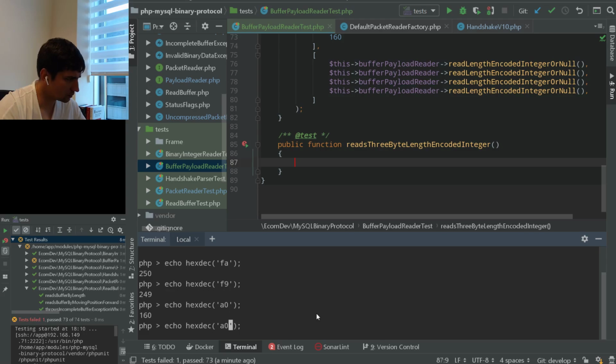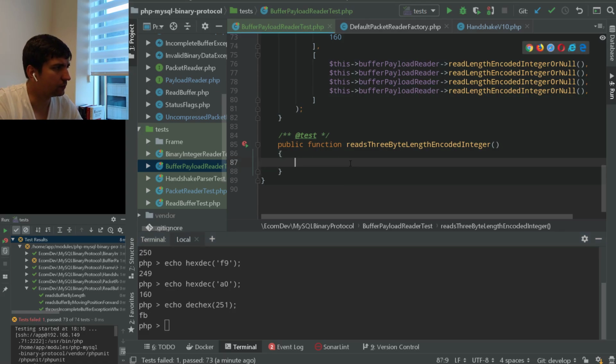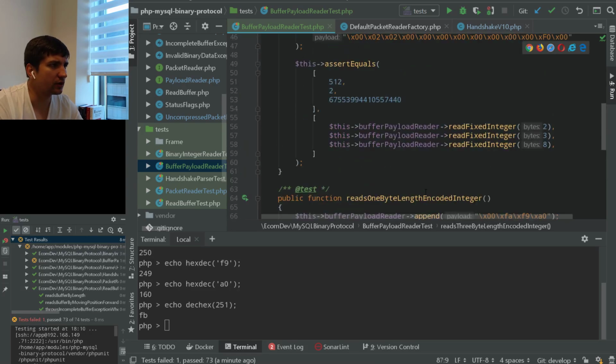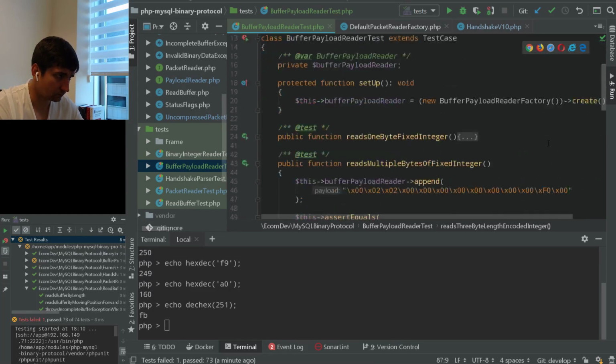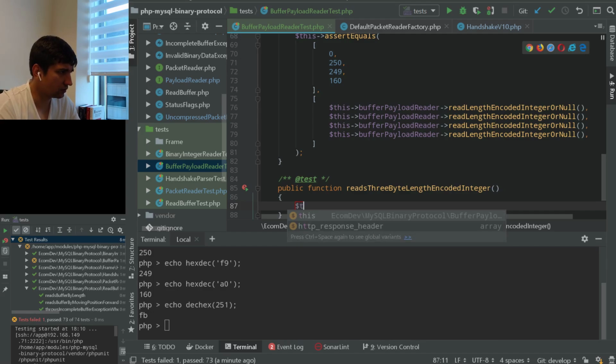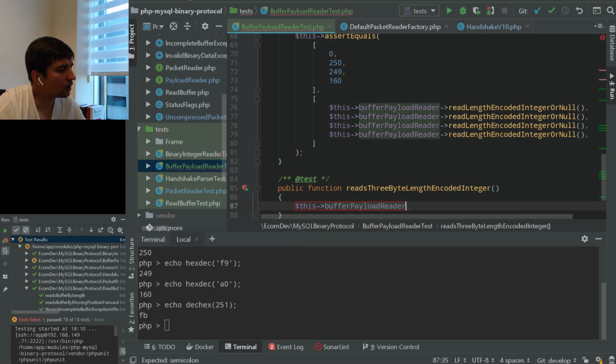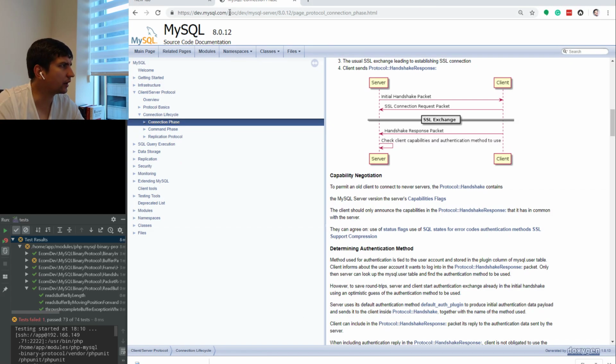We can use dec to hex 251. It's gonna be FB, and as far as I remember, it starts with FA. So we just need to use this buffer payload reader append, and we're gonna append some data like 0xFA, so it indicates that it's a 3-byte integer as far as I remember. Let's check right away